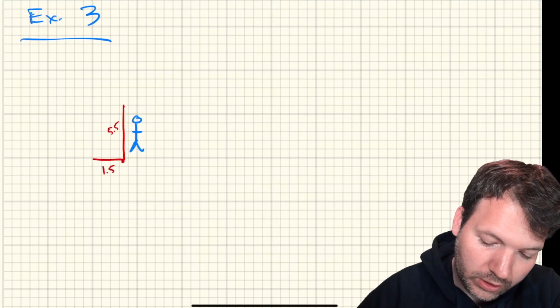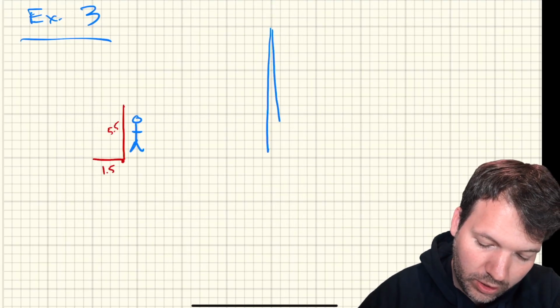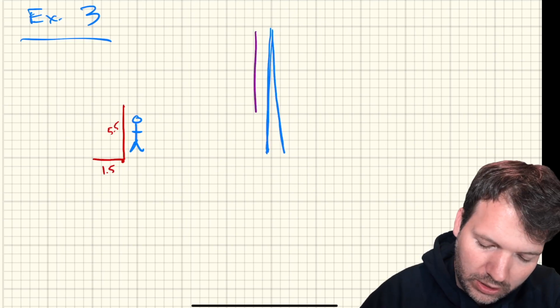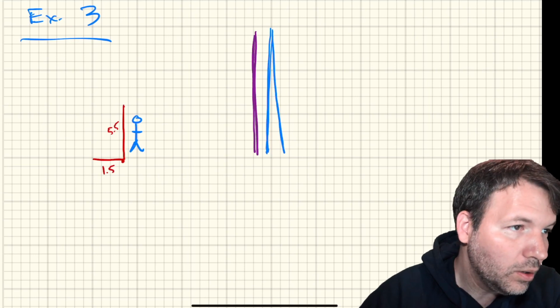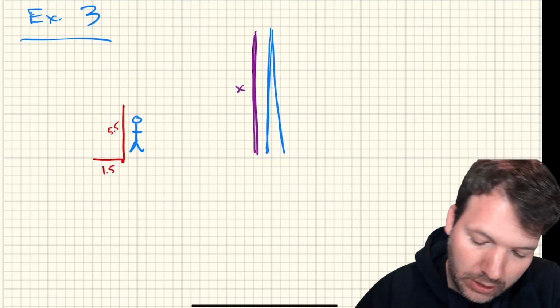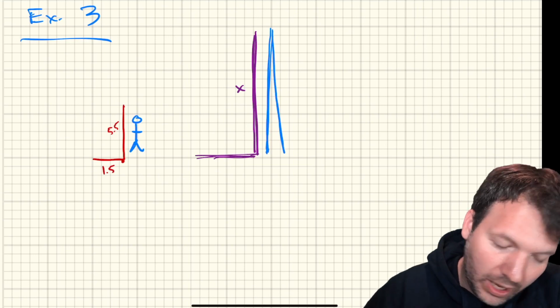So then we have the Washington Monument, which, as everyone knows, is roughly the height of 3 people stacked on top of each other. No, just kidding. This is obviously not drawn to scale. We have an unknown height. We'll call it x. A classic. But we do know the shadow length is